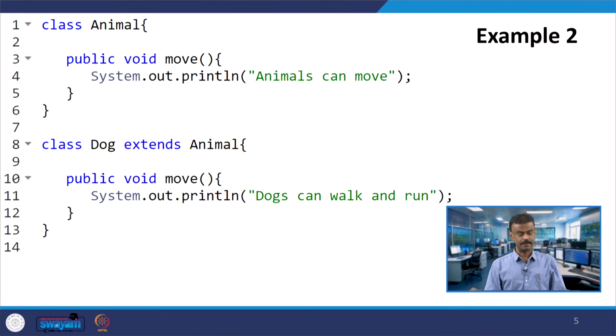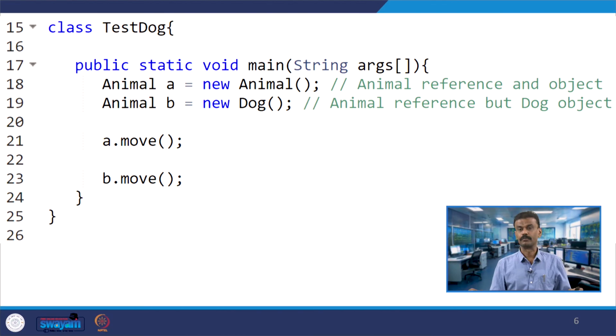And the next example is almost similar. The only thing we have to focus on is line number 19. When you are creating an object in one class, and one is a reference and another one is an object, your class is Animal here and the constructor is Dog. So how is it being called?